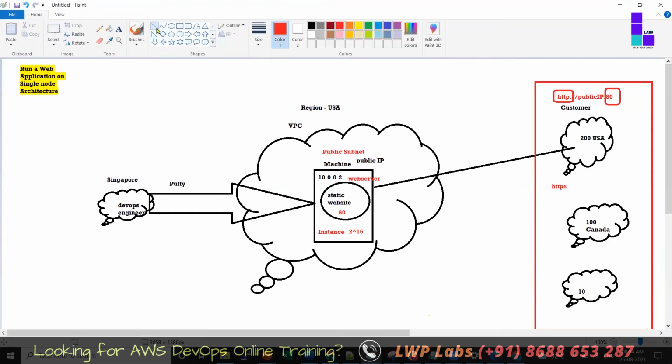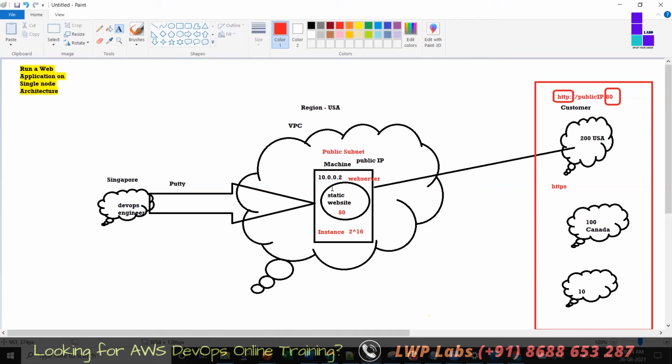Okay, fine. So here, HTTP, and we are using an HTTP protocol. Then the public IP, which is this, and 80 is this. That means my 80 should be opened here. This server should be opened for port 80. My server should understand this request. How will this server understand this request?